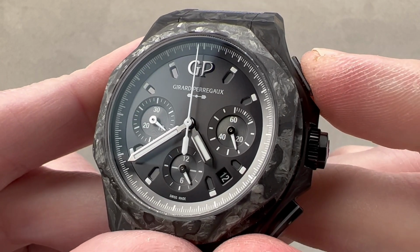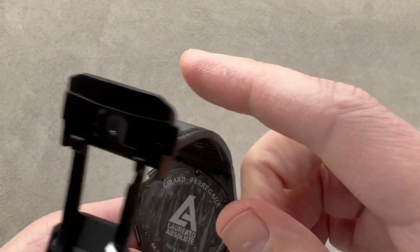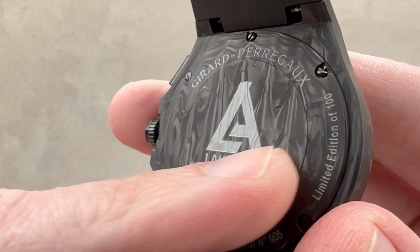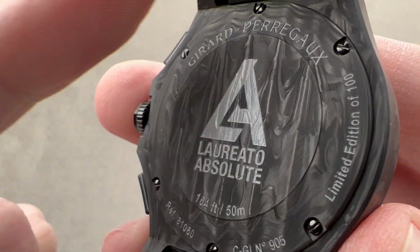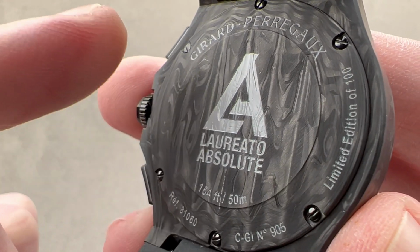We have a vertical clutch chronograph module on a Girard-Perregaux manufactured base movement, and underneath the reverse side, again, very unusual to see these watches with a composite case back. This is usually made of some sort of lightweight metal. But we have a Girard-Perregaux 3300 base. Technically, the movement with the module is called the